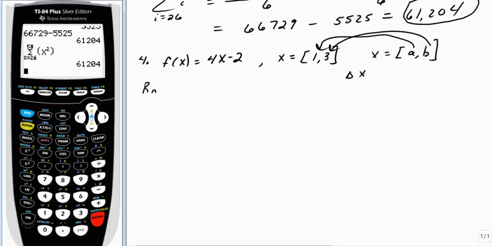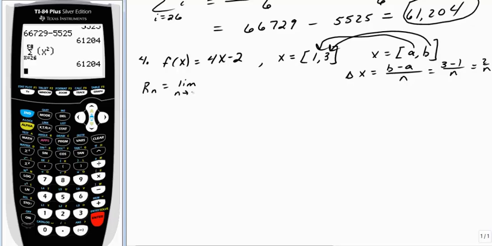Remember, delta x, your general formula for it is ending point minus beginning point divided by the number of subintervals, which in this problem is n. So we can see that the width of each rectangle is going to be 3 minus 1 over n, or 2 over n. Okay, so my general formula here is r sub n is equal to the limit as n